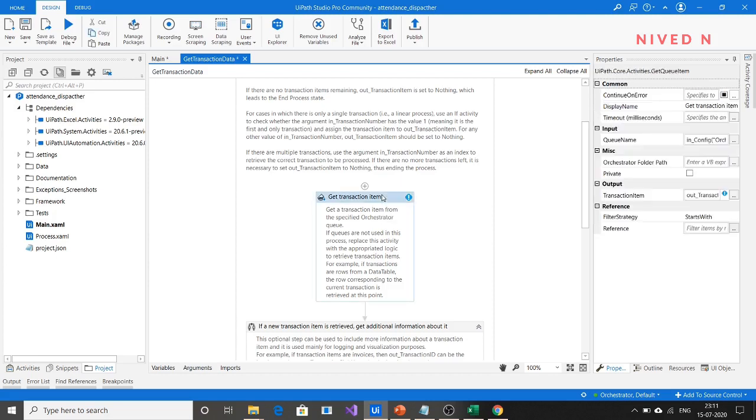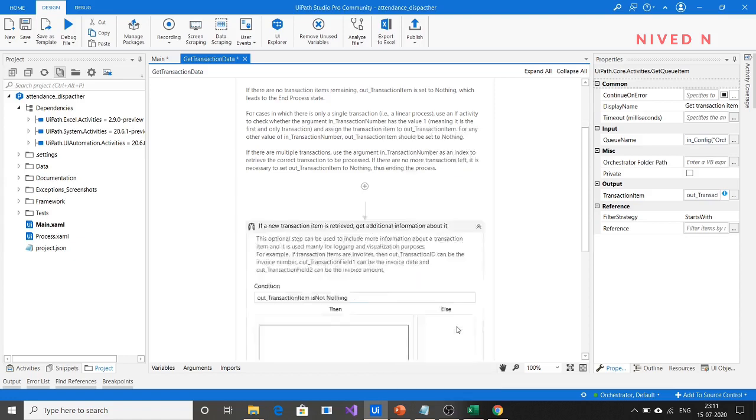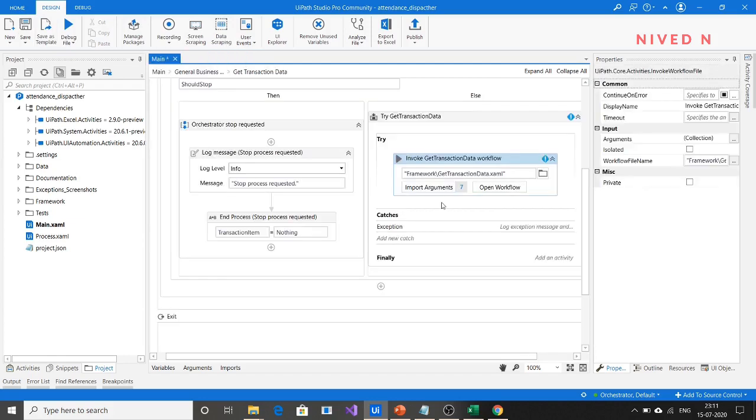Since in the dispatcher workflow we are transferring the data from this Excel file to the queue, we don't require this get transaction item activity, as it is used to retrieve the queue items from the queue. So we can just disable it by right clicking on it and clicking disable activity, or you can use Ctrl plus D also. So just disable it, save it, and close the workflow.